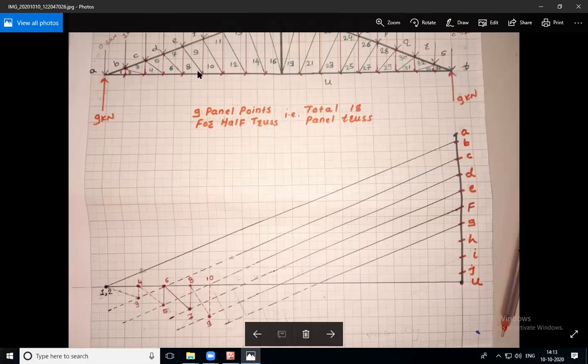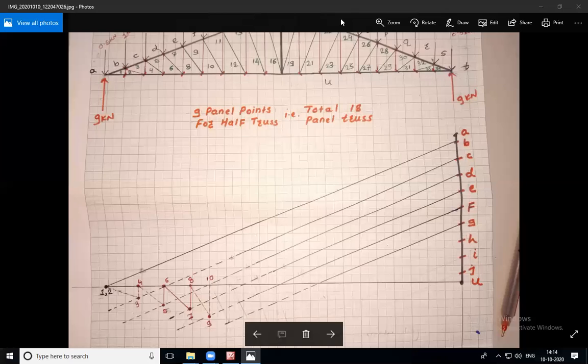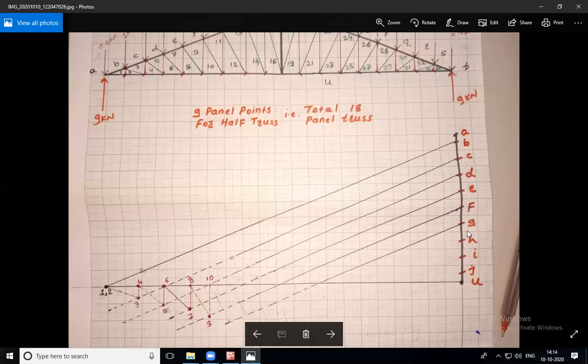Again from 10, if you complete 10, then from 9 to 10, we are going to move towards the next joint, that is F. From F joint, you have to analyze. There is the next member, that is G. G11. Draw a line which is parallel to G11, like this. Then after completion of that G11 line, we have the location of 10.